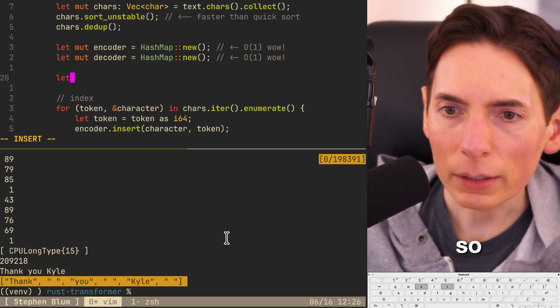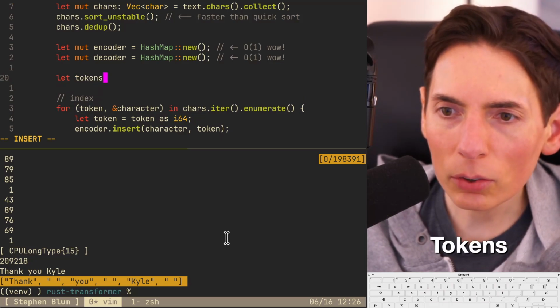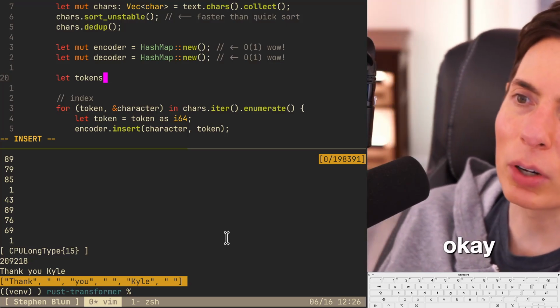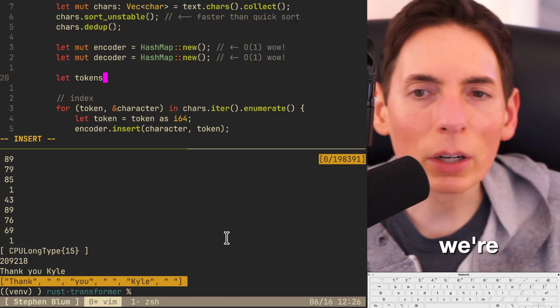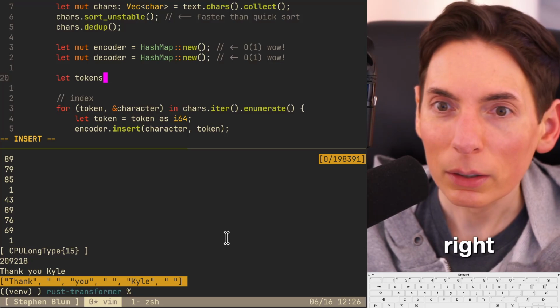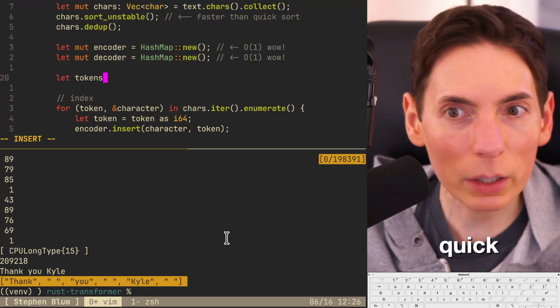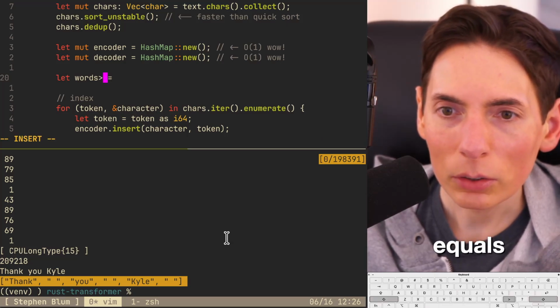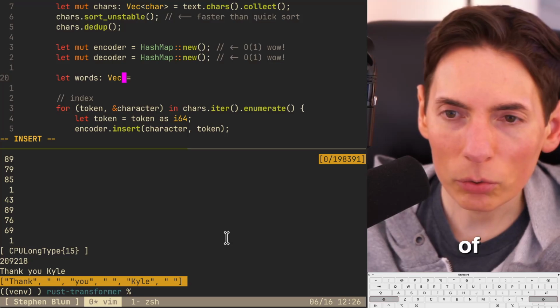All right, so let tokens, it's not chars anymore. That's gonna be a problem. Okay, we might have to save this tomorrow because we're not doing chars anymore, we're doing strings. Although we could probably fix it really quick, right? We're gonna call it words, it's gonna be a vec of strings